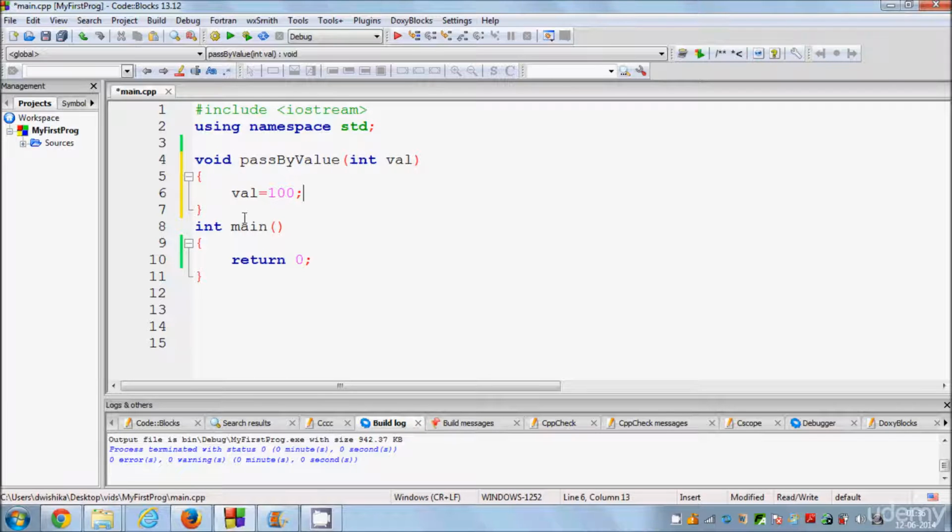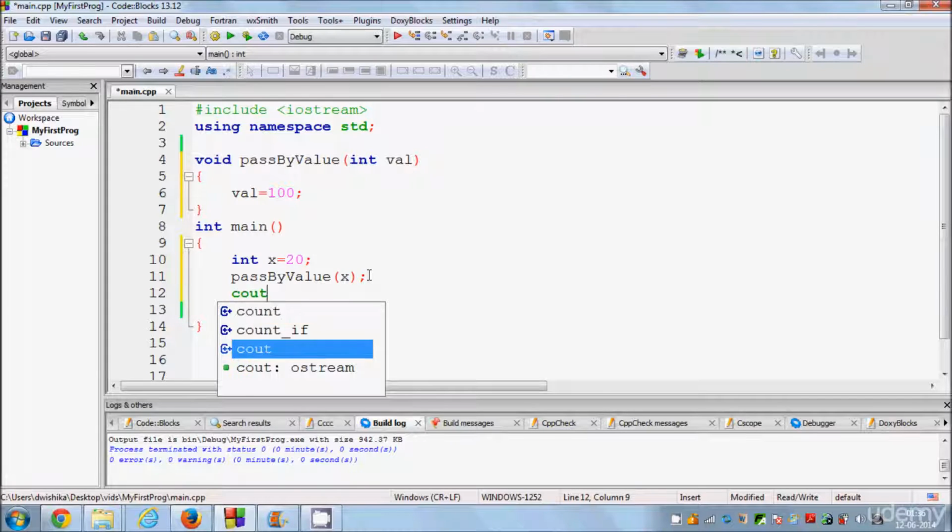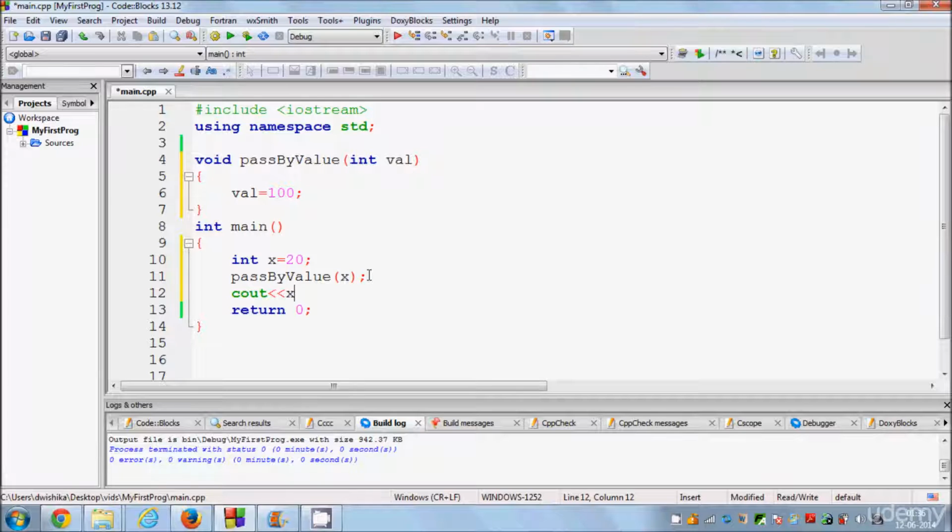Okay, and whenever you declare one more variable x equal to 20 here, and when you call this function passByValue and we pass x in this function, and we try to print x here,